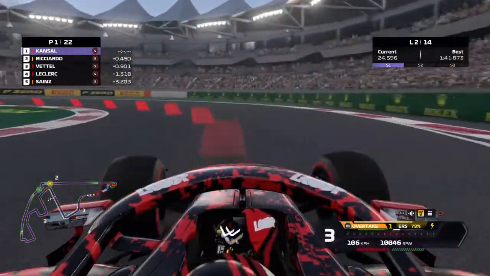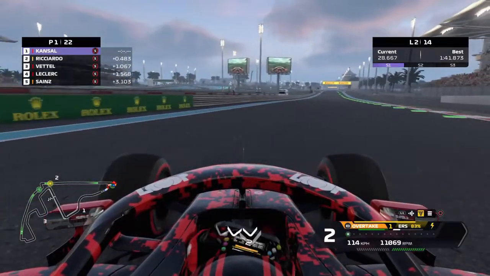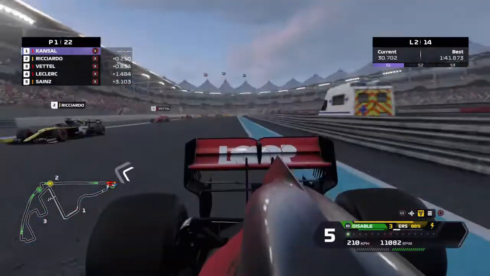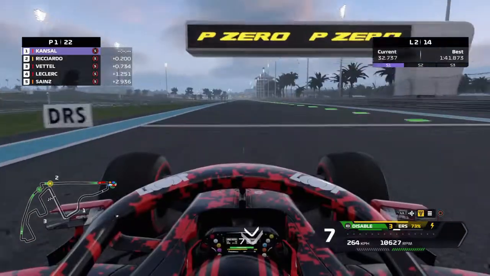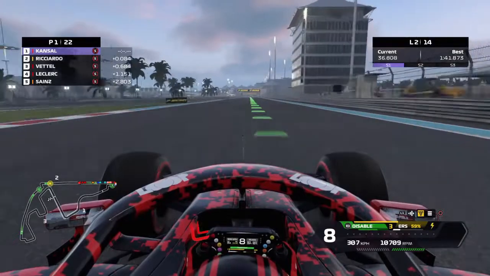But yeah, we're not having a great first lap coming through the hairpin. This hairpin I really don't like, and you can see we get a lot of oversteer. We get a horrible exit. We're using the overtake mode. The good thing is Ricciardo was out of the slipstream, but now he's back in the slipstream and he's gaining